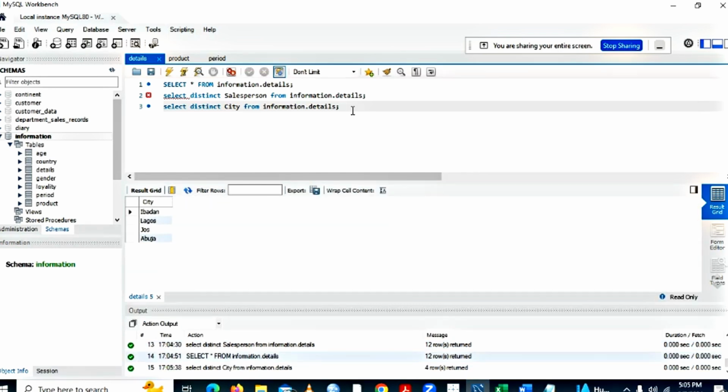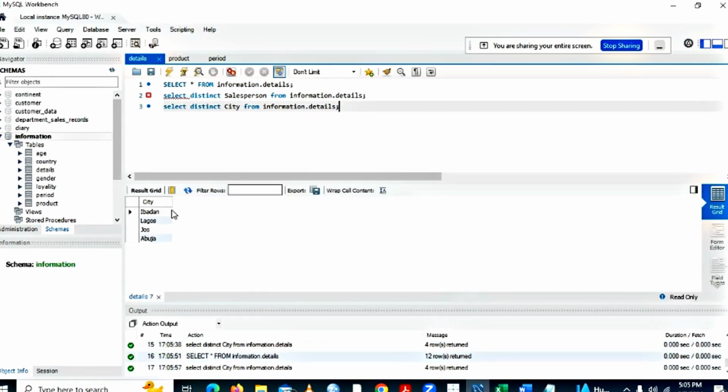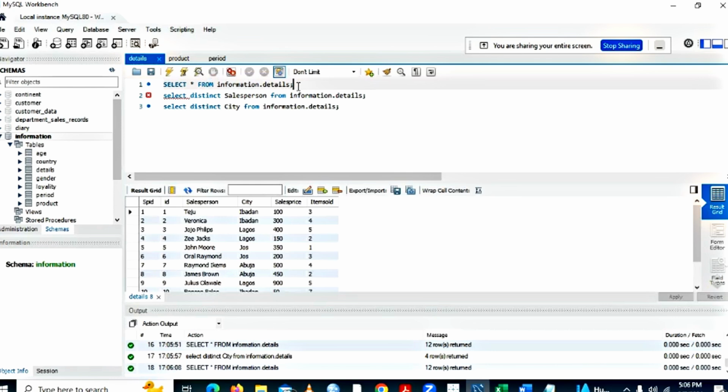So under this table, it means we have Ibadan, Lagos, Jos. That's good. And then we can also say that